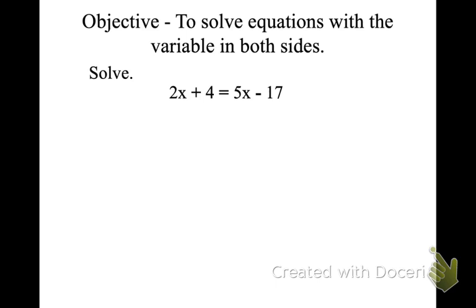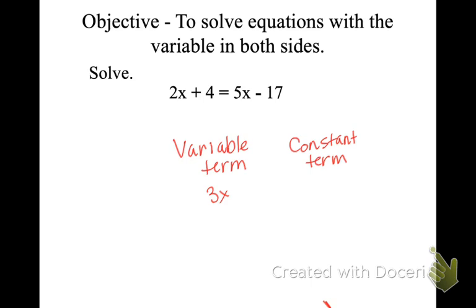So you've got variable terms. This is a variable term, like 3x, and you have a constant term. I use that language all the time. So I just want to make sure that you are understanding what we're saying. So a variable term versus a constant term. Constant term has no variable, and a variable term has a variable. So